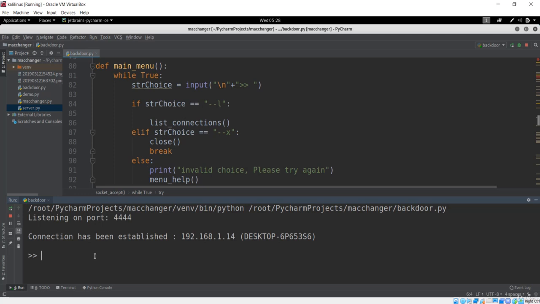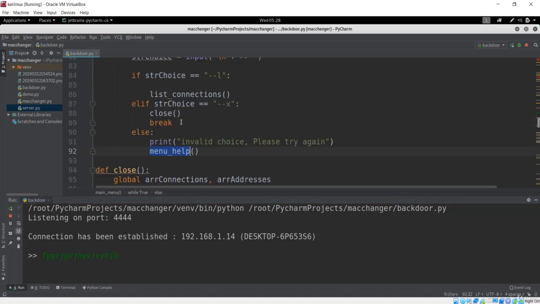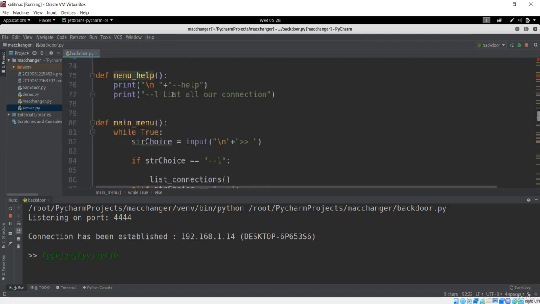If I don't type either L, which is the command that will list our connections, or x, which will close our connection, and instead I type something random or gibberish, it is going to give us this menu help, because now the else part will run and print the invalid choice, please try again message, and the menu help will execute again.